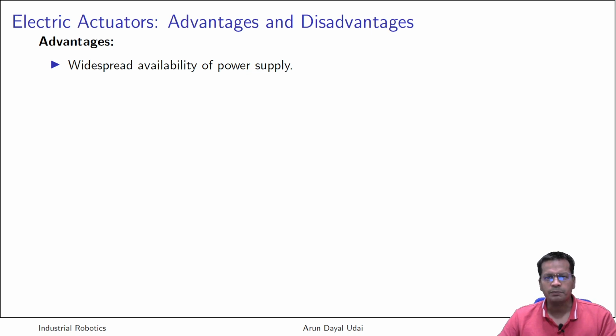So it is very widely available. Why is it so widely available? Because even at home you have electrical plugs that supply at least 220 volts and almost 15 amperes of current by default, and it is supplied from a hydroelectric or a thermal power project somewhere quite far off. So it is there at your home. Even in the industry, you find it very easily available. Even if it is a mobile robot, you can have a battery on board and you can have electrical actuators.